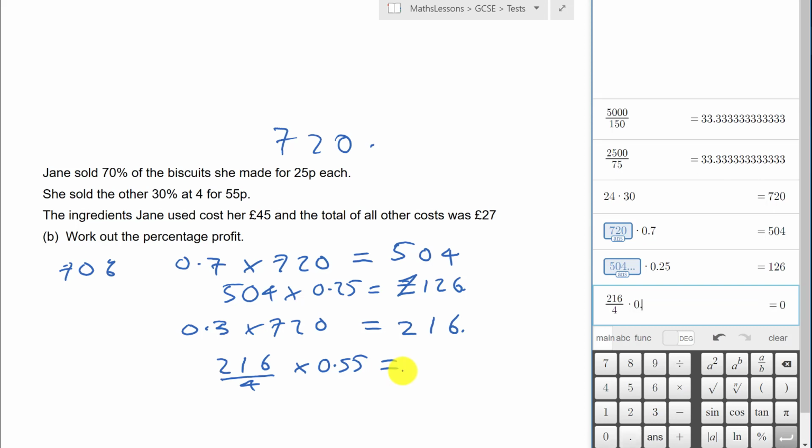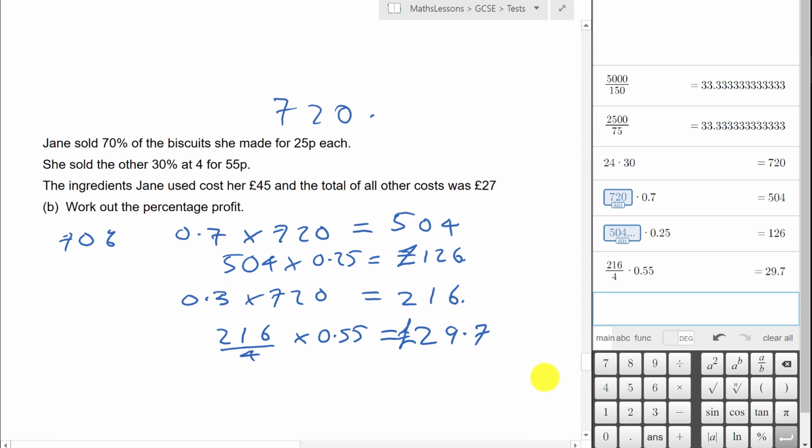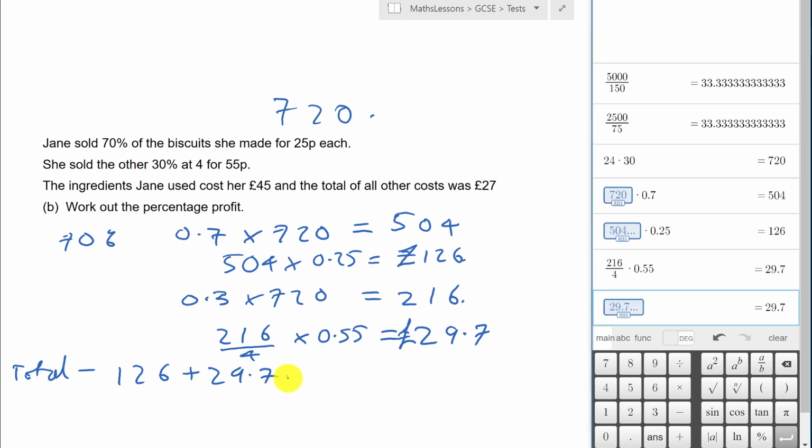Times by 0.55, and we get 29.7 pounds for that. So that's her total amount of money she gets, is 126. So total revenue is that. So we've got 126 plus 29.7. So just to answer plus 126, and that gives us